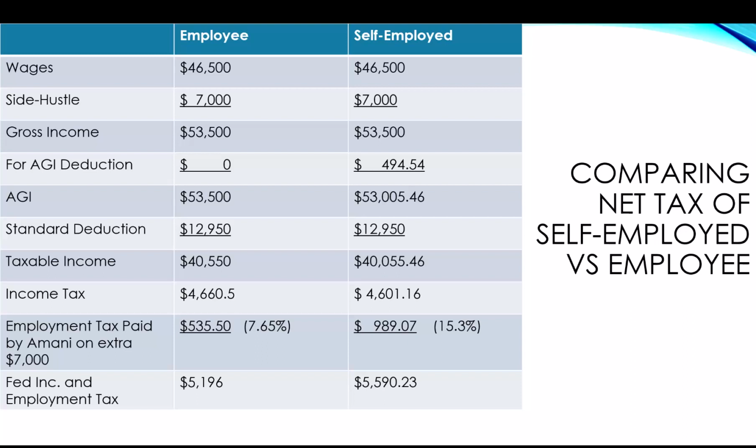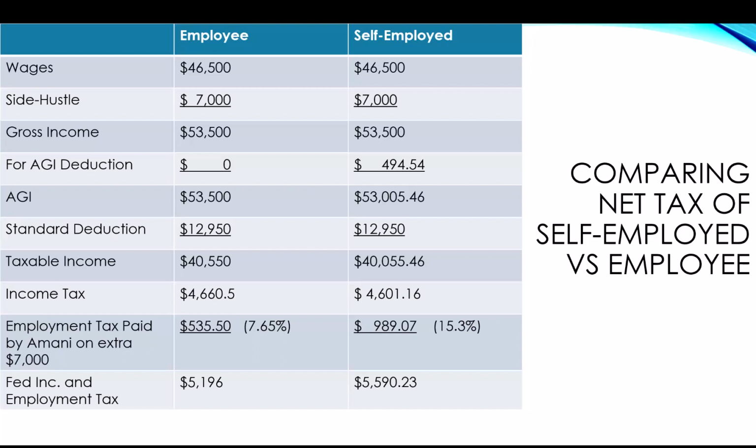This means that when he chooses the position where he is self-employed and receives the 1099, he will actually have a lower adjusted gross income of $53,005.46 versus the scenario where he was an employee of the organization. He will take the standard deduction in both cases. And here we'll see that he has both a lower taxable income and lower income tax when he is a self-employed independent contractor. However, Imani is going to have to pay both portions, the employee portion and the employer portion,